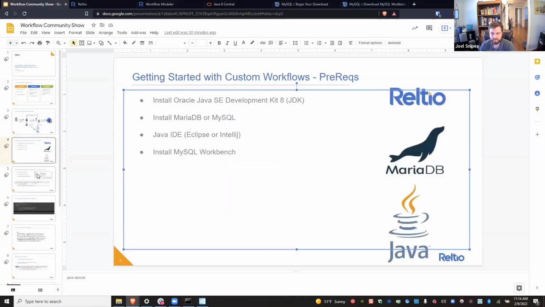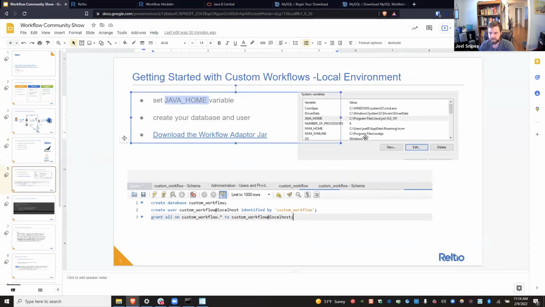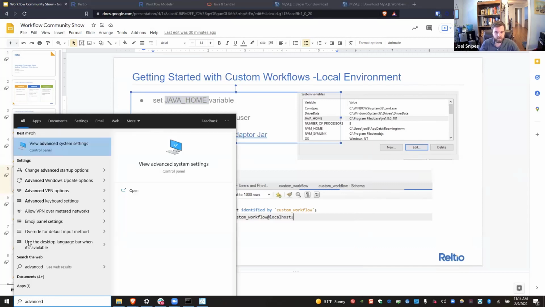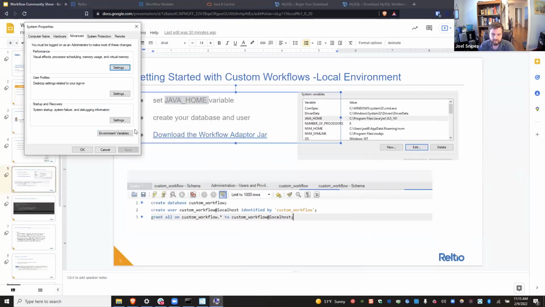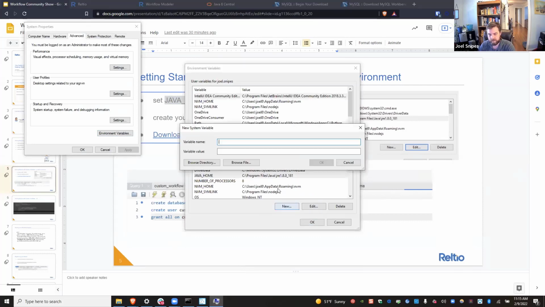So while that's running, I'm going to give you a preview of the next step. Once you have Java installed, or if you already have it installed, we want to make sure that JAVA_HOME is set in our environment variables. To do that, you go to Windows, Advanced System Settings, Environment Variables. I already have mine here, but what you do is hit New, JAVA_HOME,